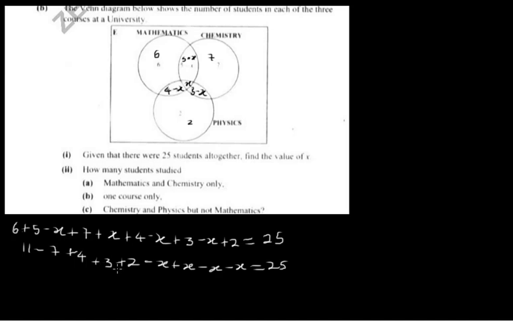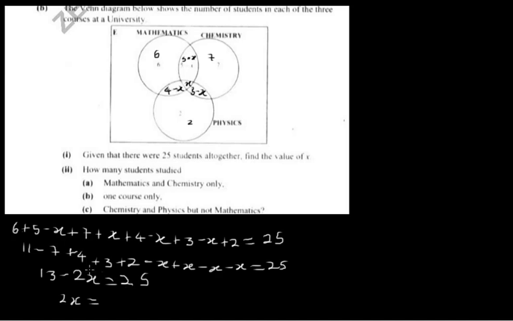Plus 2 gives us 13. So we have 13 minus x plus x gives us 0. Minus x gives us negative x, negative 2x. So we have minus 2x equal to 25, right? So we have 2x equal to,